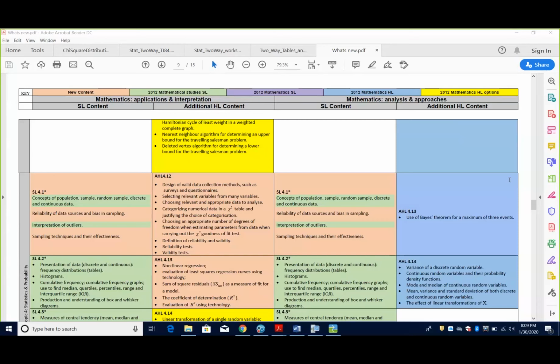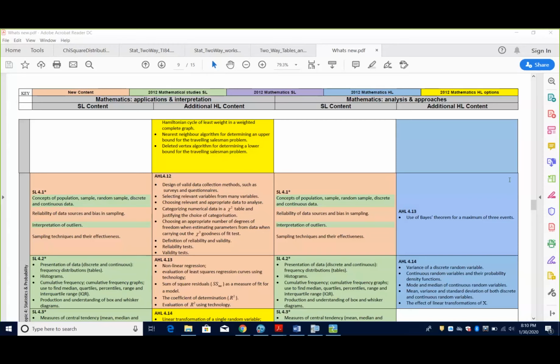Some of them are going to be new to the courses, some of them are going to be the same. What this key is showing you is what's new for each of the 4 new courses. You've got the key at the top, and then the 4 columns represent the 4 new courses. The first two are applications and interpretation, the second two are analysis and approaches, both the SL and the higher level. Anything that's a peachy color is going to be new content